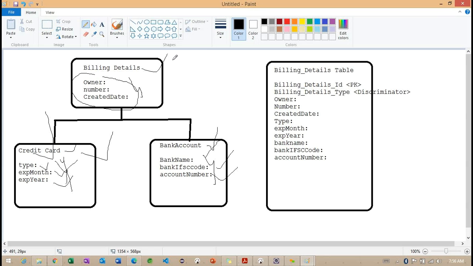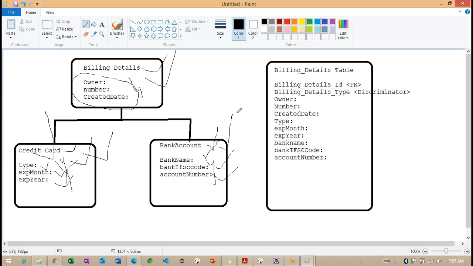So observe carefully when we are trying to create an object of this particular credit card. The credit card is nothing but our subclass, and it is also one of our persistence classes. Getting the point. Here we are having three persistence classes. Even though it is an abstract class, we are going to treat it as a persistence class. So credit card is also a persistence class, and in the same way bank account, because these three are going to communicate with our database tables.